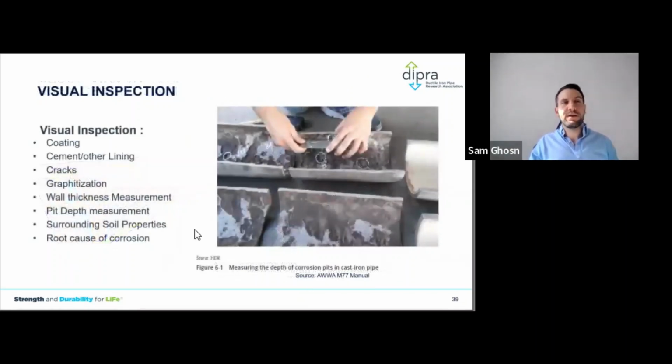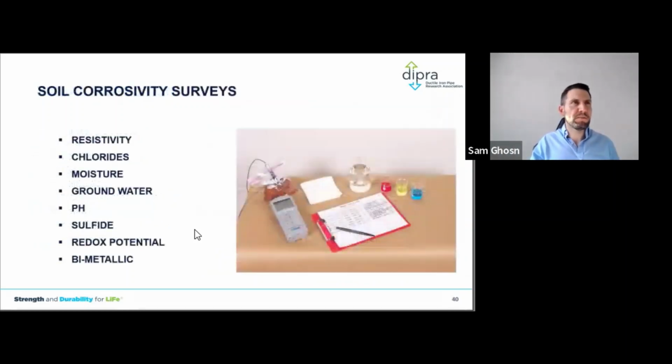Visual inspection, one of my favorites because I could see the pipe. However, it is one of the most expensive options because you have to cut the pipe, take it out of service, inspect it, take it to the lab, clean it, sandblast it. So there's a lot of detail that goes with that type of analysis. It is recommended if you're taking that pipe out of service. However, if you're not, then there are better options. There are non-destructive and actually more economical ones.